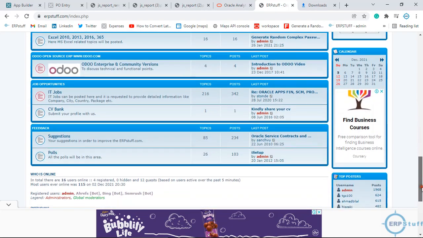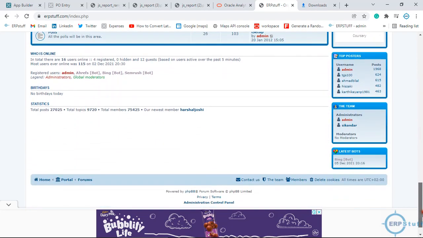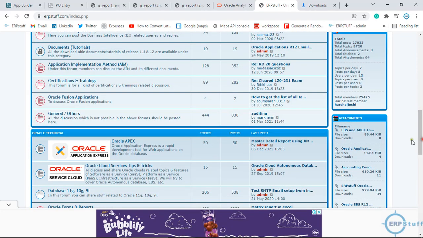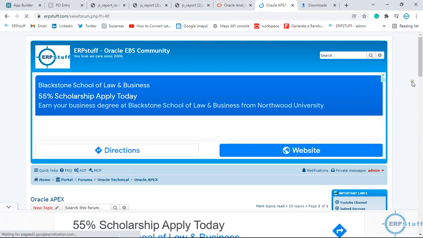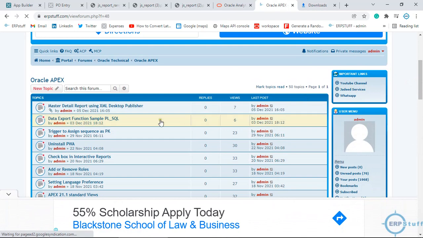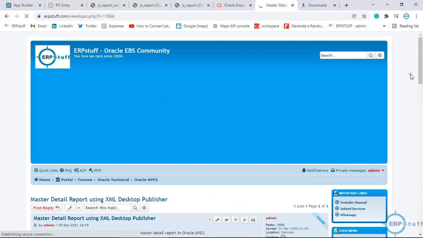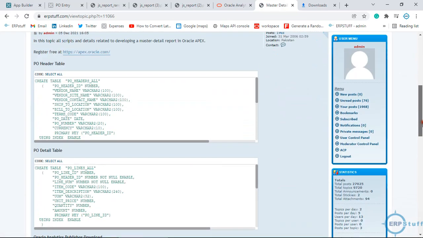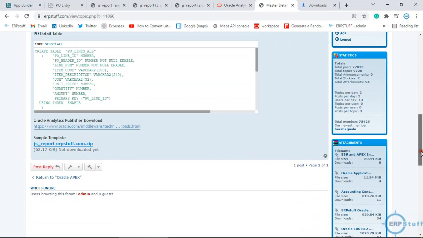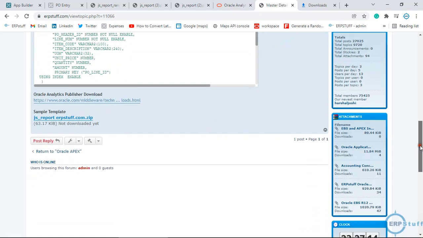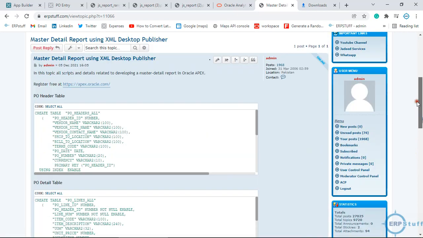You can join, it's a free community forum, and in the Apex you will be able to see this master detail report, and then inside this you can find the files, the scripts, download links for the desktop publisher, and I believe once you have all this, it will be straightforward,